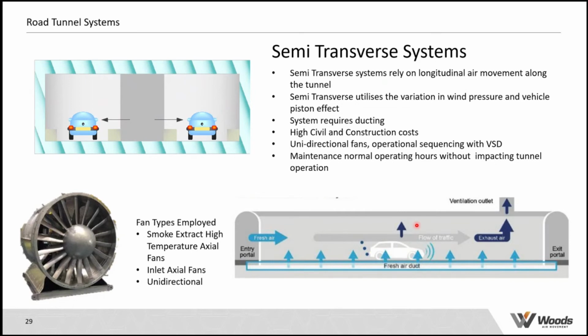That type of system, the fully transverse system, then progressed to what's called a semi-transverse system. It's very similar, but now there's no duct in the top. We've only got a central extract point, so it's really relying on what we call longitudinal ventilation. All the air is being moved along the tunnel to the extract point, but you still have this supply duct. So it is better in terms of pollution control, and it is maybe a common method used for very long or congested tunnels because it helps to dilute the pollutants. It's a little bit cheaper than a fully transverse system,